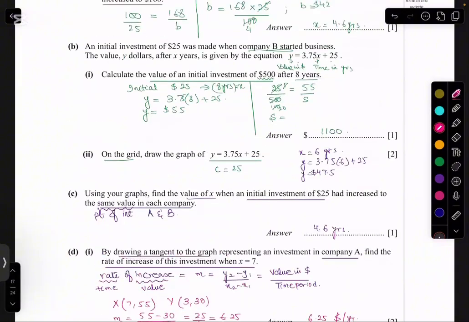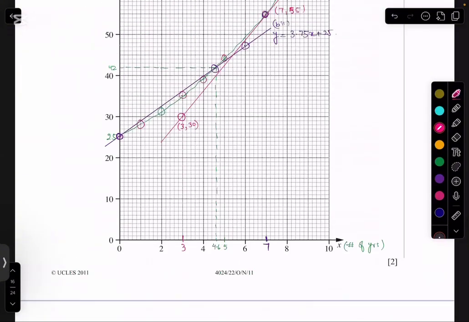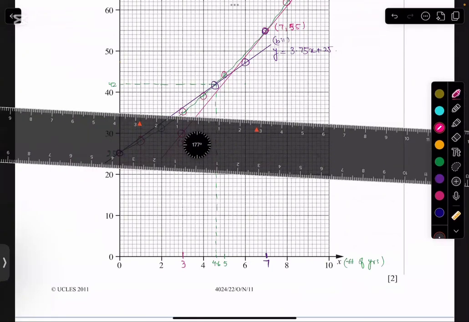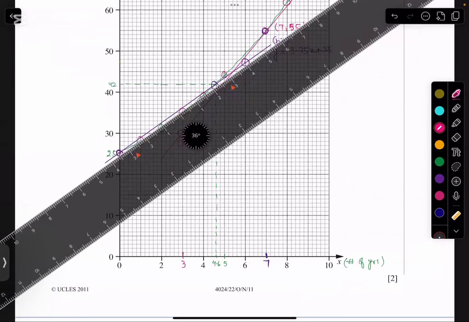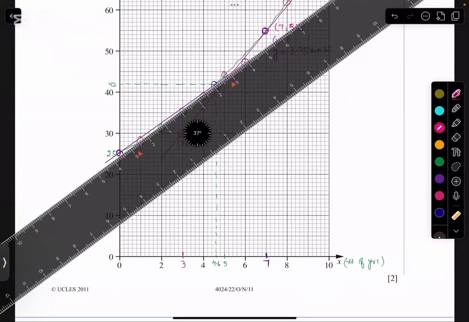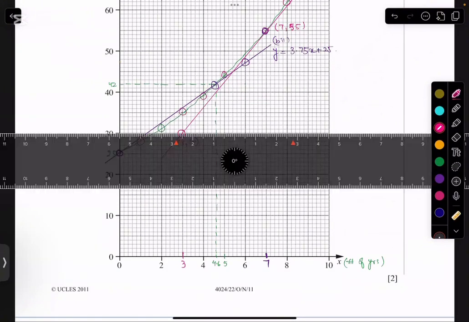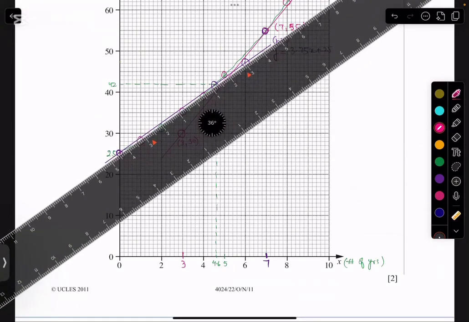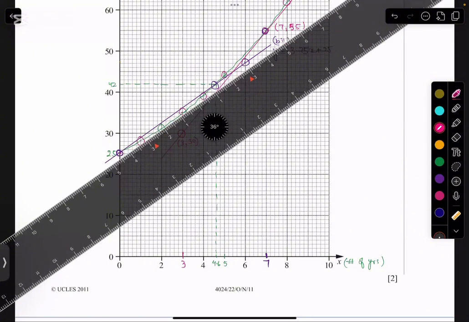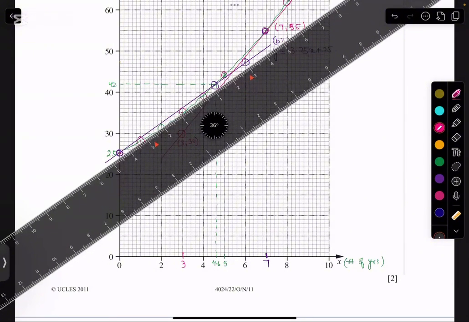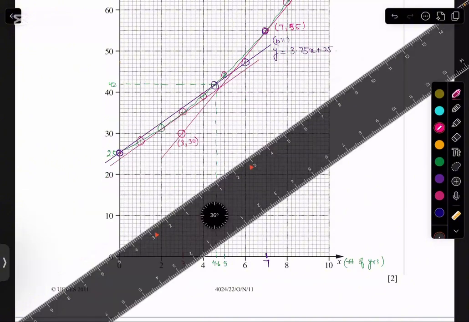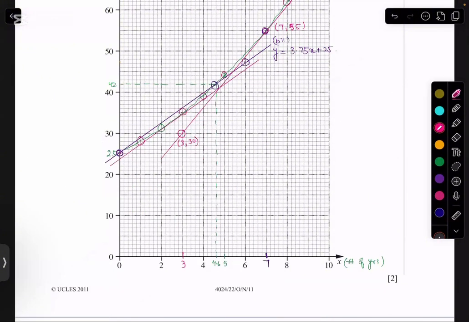So being a tangent, being a constant gradient, what I can say is कि कंपनी बी की जो लाइन थी वो हमने इस तरह से यहाँ पे ड्रॉ की हुई है, right? सो अगर कंपनी ए में भी यही 3.75 ग्रेडियंट वैल्यू होना चाहिए है, so to do that, I will be having a line again parallel to this line. I will be moving my scale a little below ताकि मुझे यही एक parallel line मिल जाए, और ये parallel line I can see I'm getting somewhere here, right? I've made a line parallel to the line of company B.